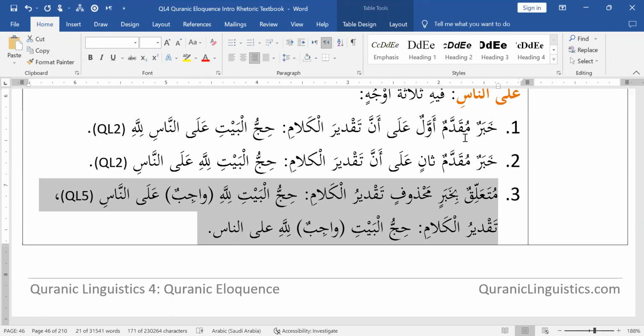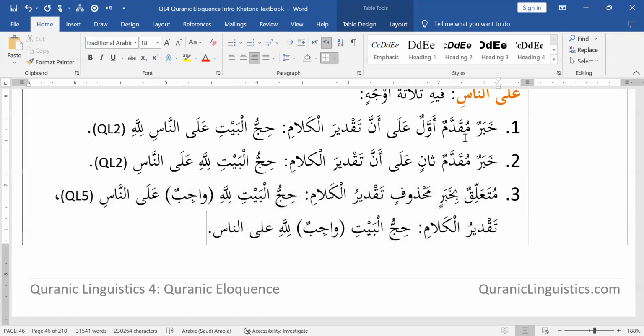Shibul jumla cannot be khabar or na'at or hal or silatul mawsul. It has to be linked to some mahdhuf khabar. So if you don't see a clear-cut khabar, instead you see a shibul jumla, find out what that khabar is. That khabar could be mawjudun. For example, if I say zaydun